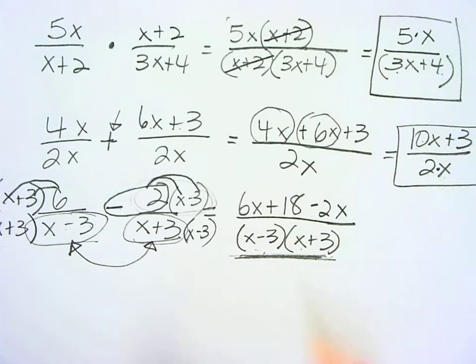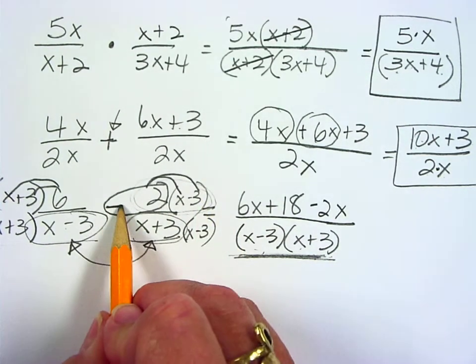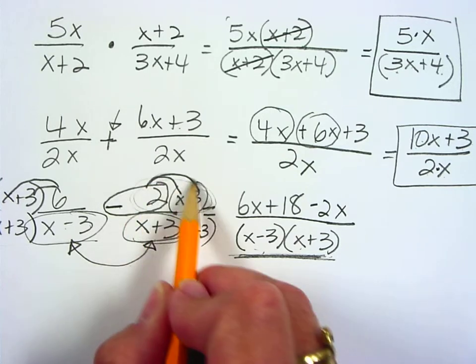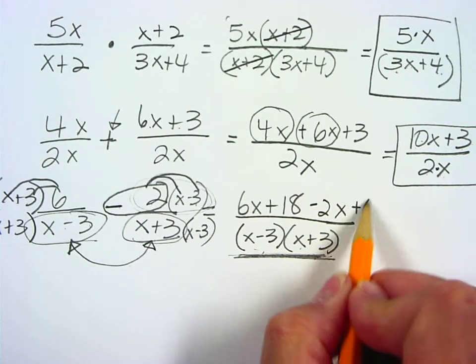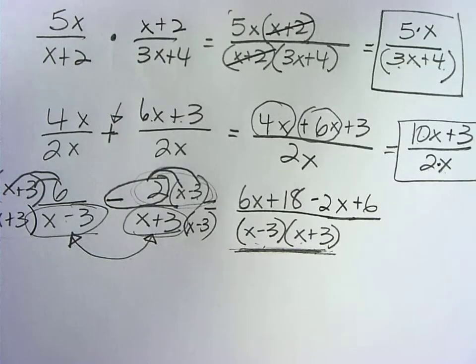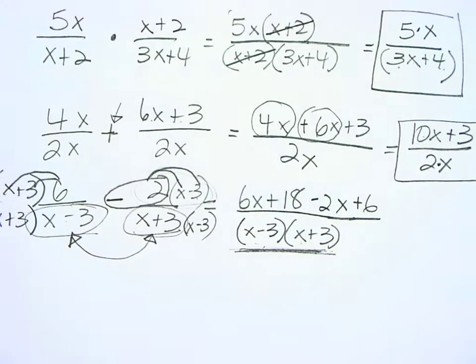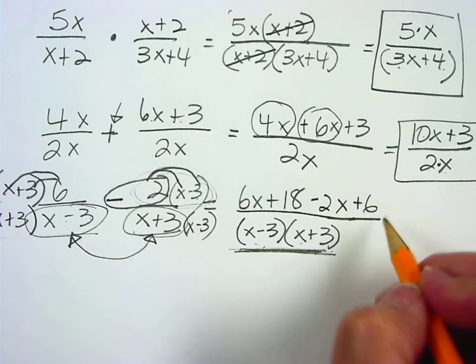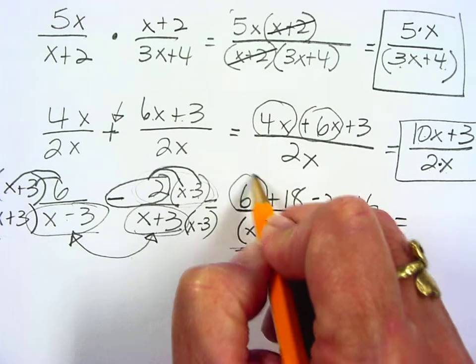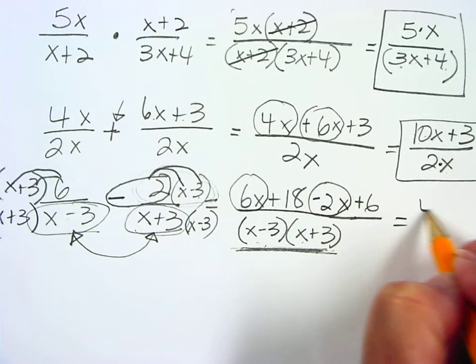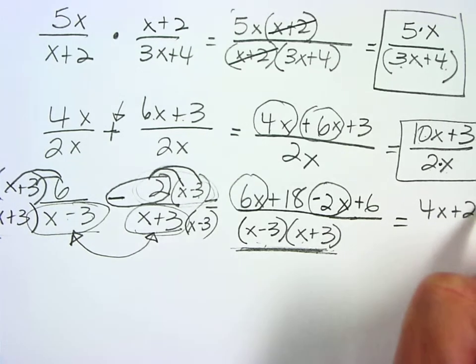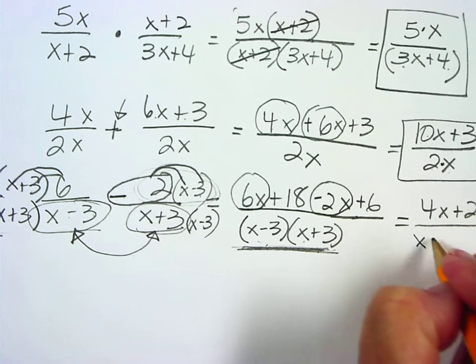Now this is a really important part that everybody forgets. -2 times -3 is +6. So when we combine like terms in our numerator, we get 4x plus 24 over x minus 3,